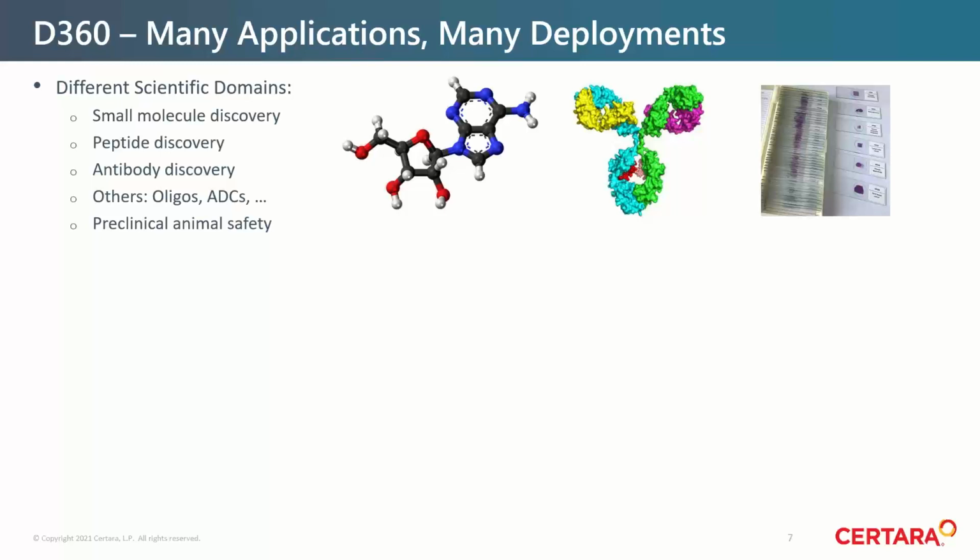And so we can add additional tools for the representation of different kinds of entities. Over the last 2 years, we spent a lot of time on sequence descriptions, and that's extended our footprint into peptide discovery, antibodies, but also many other types of new modality, oligos, ADCs, and all of that information can be brought together. So whether your project might be on antibodies or on small molecules, you can use the same application, the same data visualizations, the same treatment of assay data, but with specialized tools available to treat sequences versus